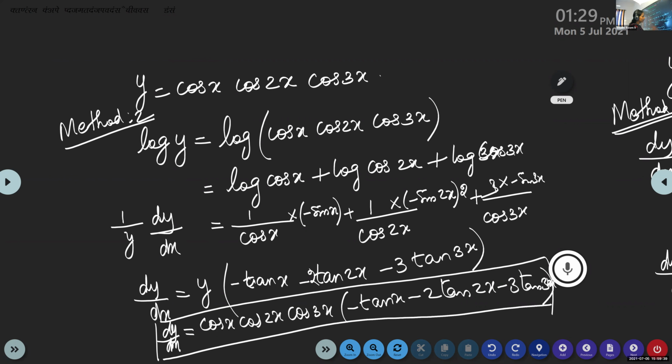So this is the second method. Here we are using logarithmic derivatives. Yes, Gauri. Ma'am, should we open the bracket? If it is asked, do the question in two ways, means your final answer should be same, isn't it? Because we are solving the same question in two different ways. So in that case, you should open the bracket and you have to prove both are same. Otherwise, if you leave with this also, no problem.